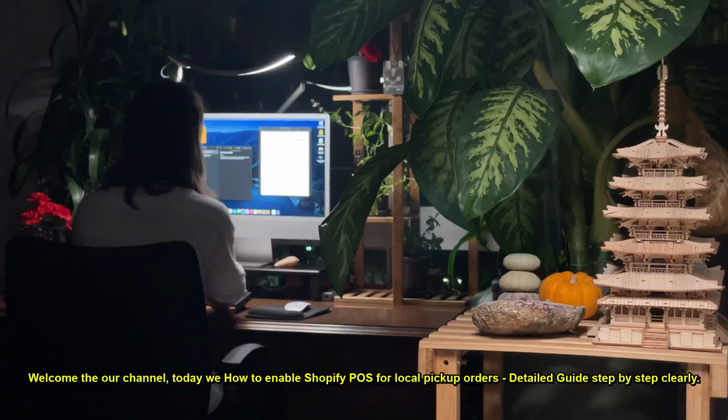Welcome to our channel. Today we will show you how to enable Shopify POS for local pickup orders, with a detailed guide step by step